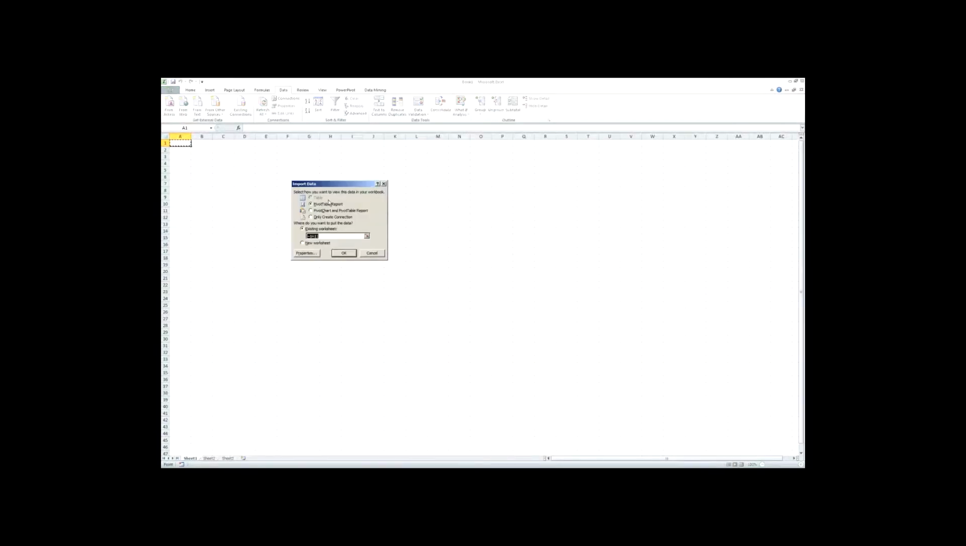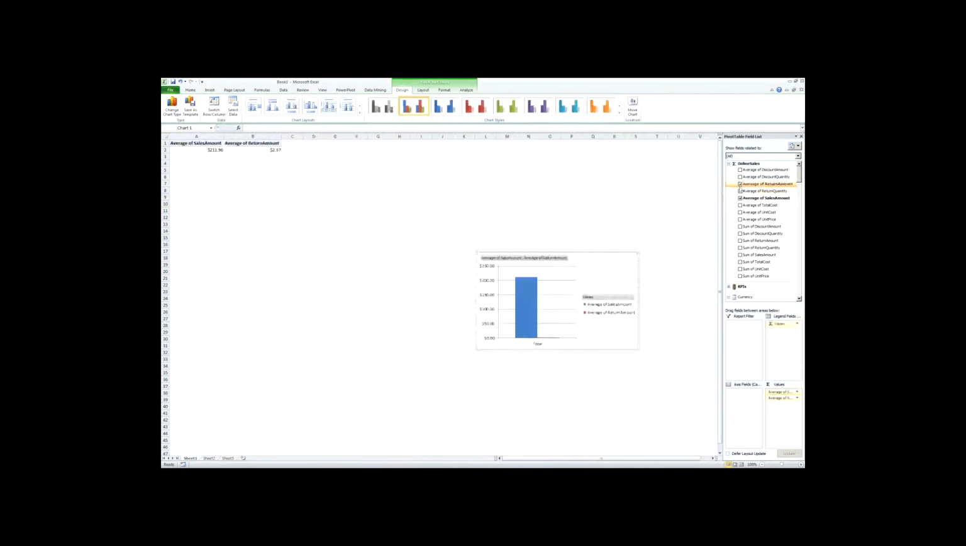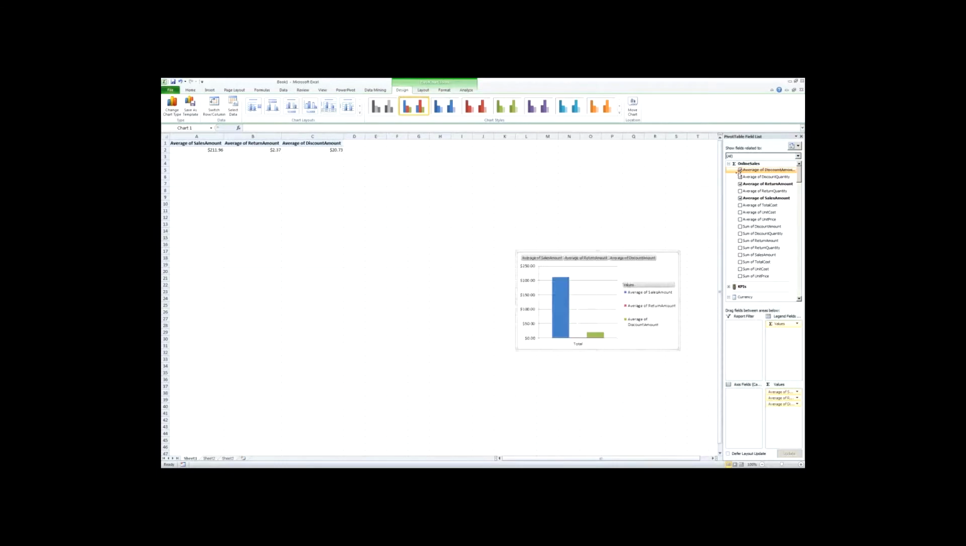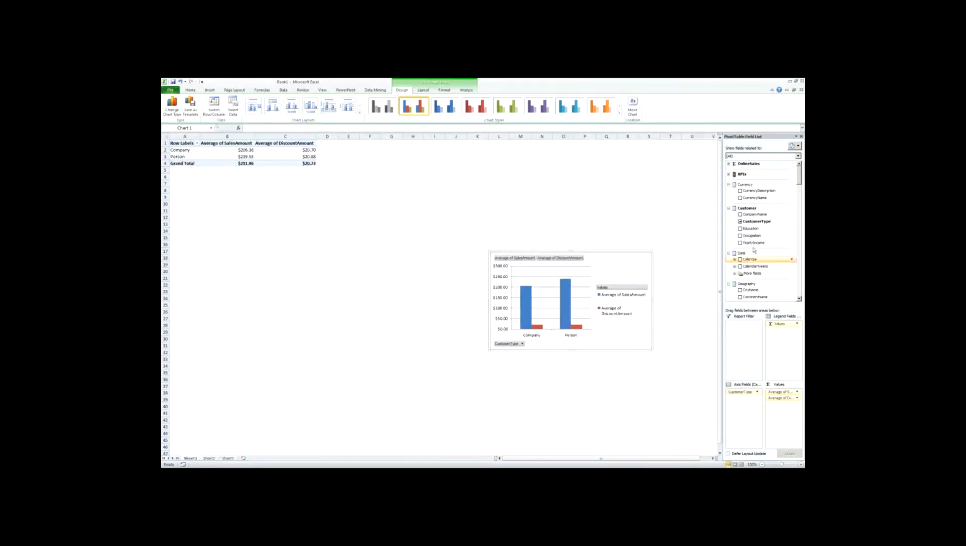So if we say next and finish, and I'm going to create a pivot chart and pivot table, and you'll notice I have all my measures right up here. So I would like the average of sales amount, average of return amount, and average of discount amount, and not a lot of returns, so I'm going to leave that one out. And I'm going to get the customer type, and from there